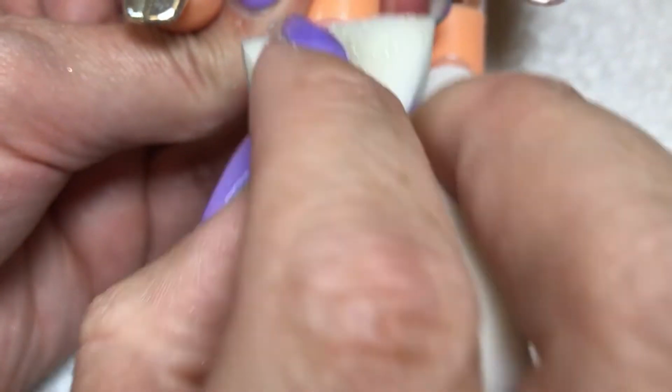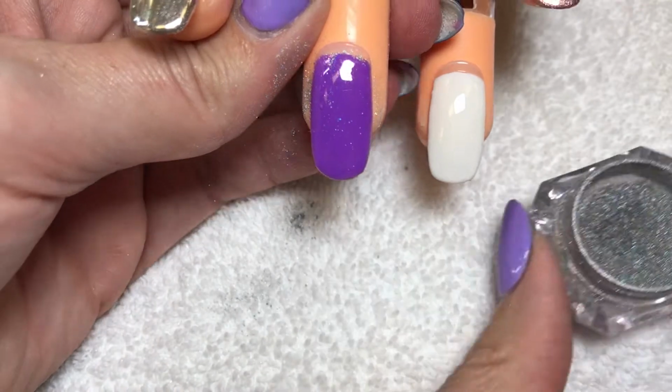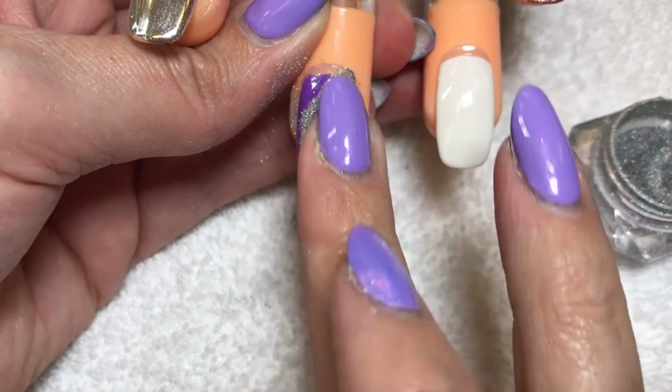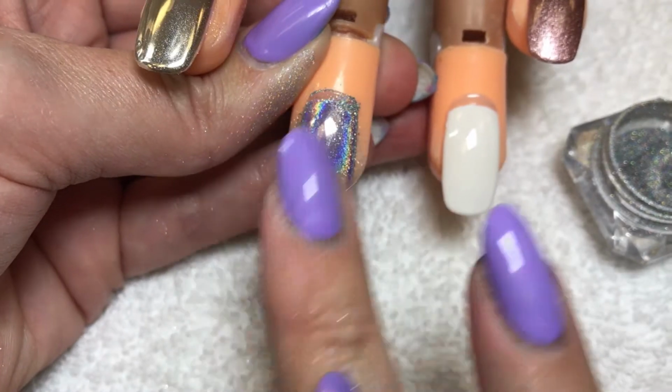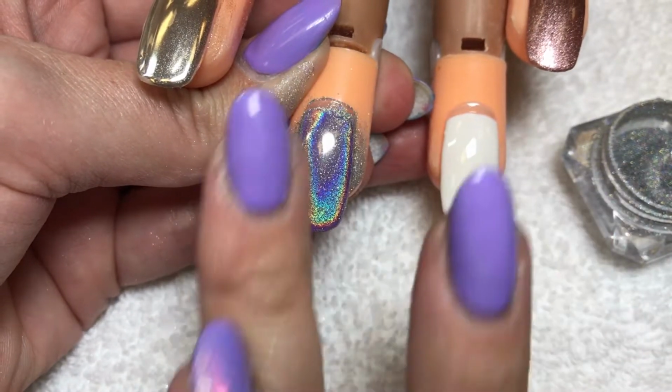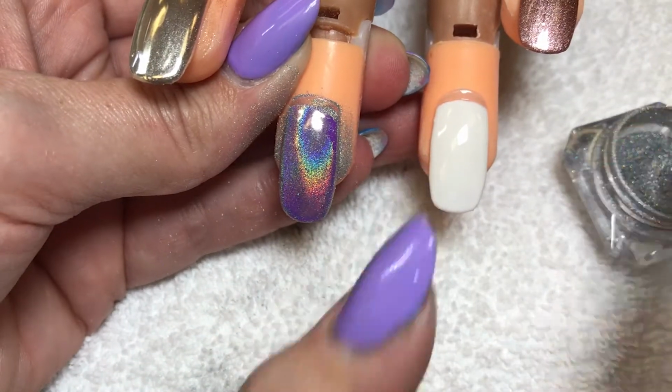So same thing. Ooh, it doesn't want to grip. Hold on. No, this one you got to put on with your finger. Well, the sponge didn't work well with that one. So we're gonna put it on with this, and this wipes it off. Okay, so